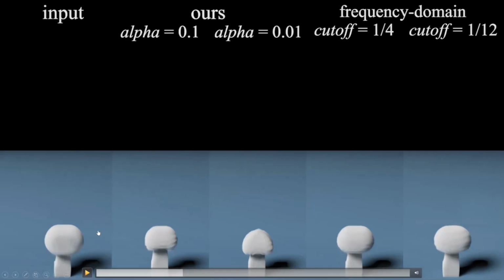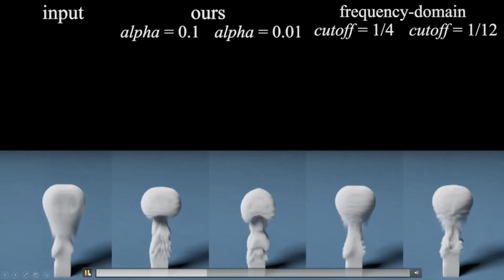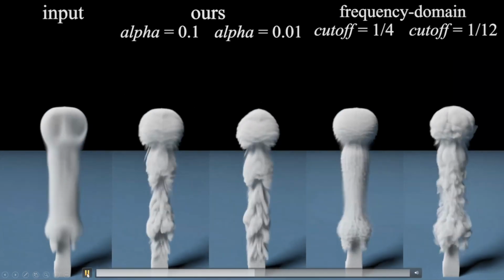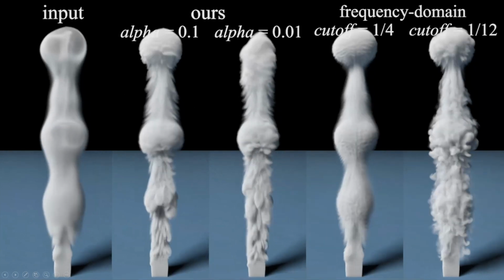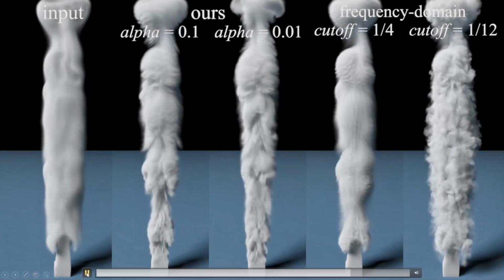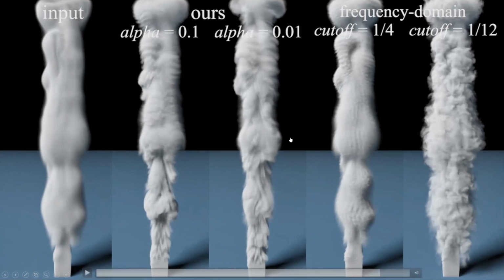That is, we use a numerical fluid simulator to prepare this input velocity field, and we compare our results with the frequency domain method. These two are generated by using our method, and these two are generated by the frequency domain method. Let's see. So when using our method, the results